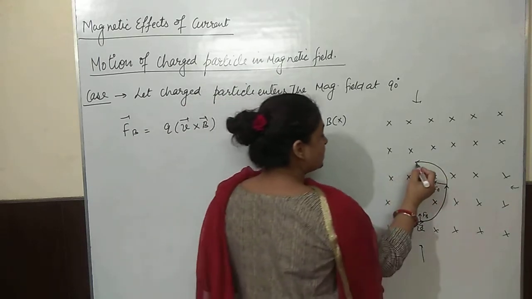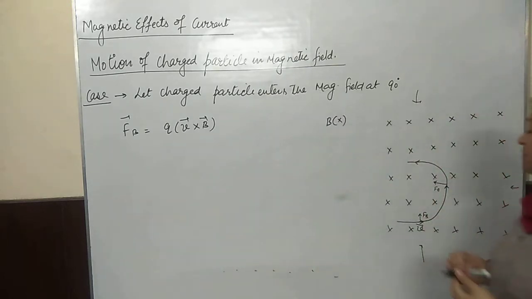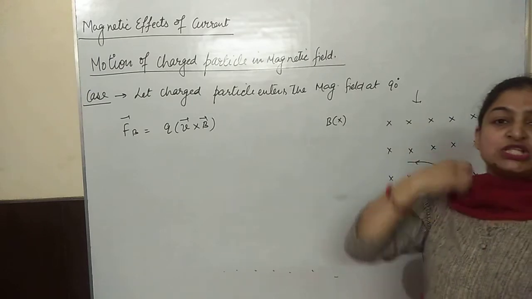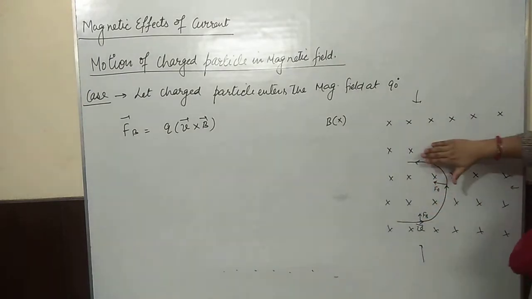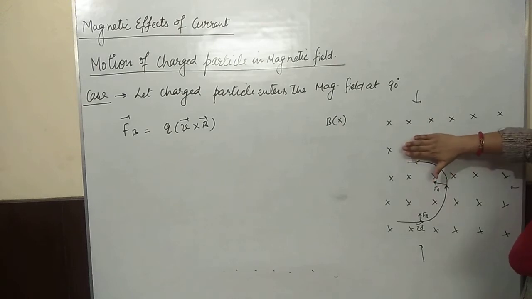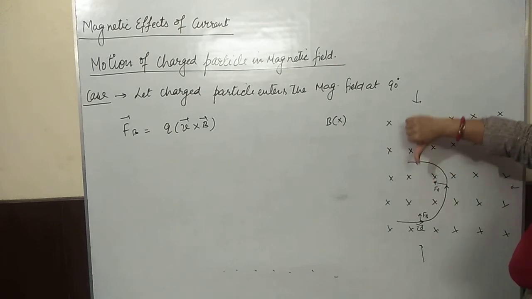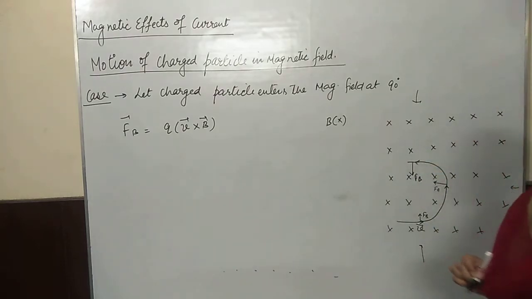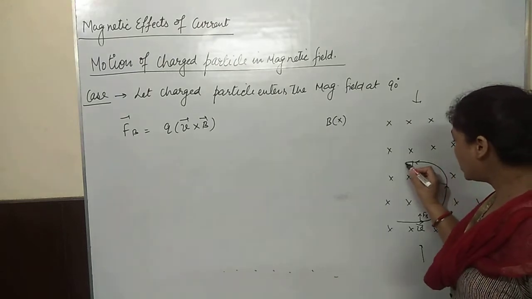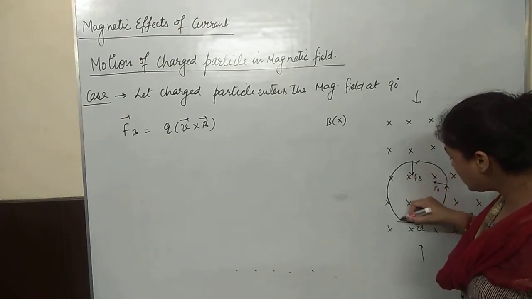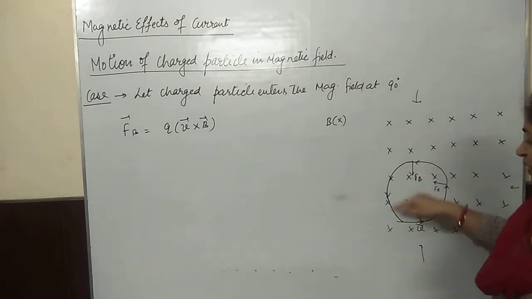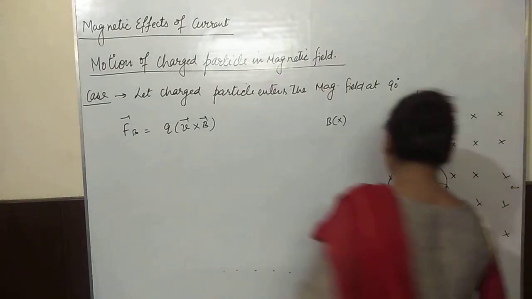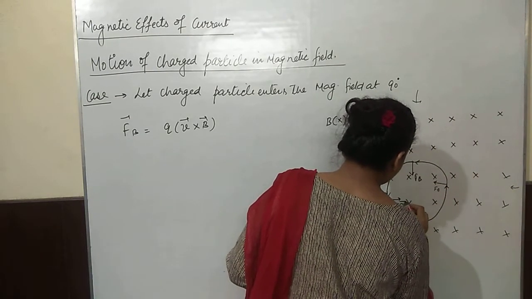Now you see, when the particle is going in this direction, again you will stretch, which means the magnetic force direction will keep on changing continuously. When the particle is going in this direction, you stretch the fingers of your right hand inward, and this is the direction of the force. So here the magnetic force is in the downward direction, so it will deviate in this direction. When it is going downward, again stretch, curl, and this is the direction of the force. So the force would be in this direction.